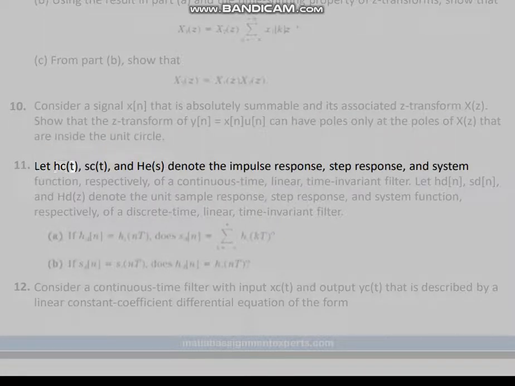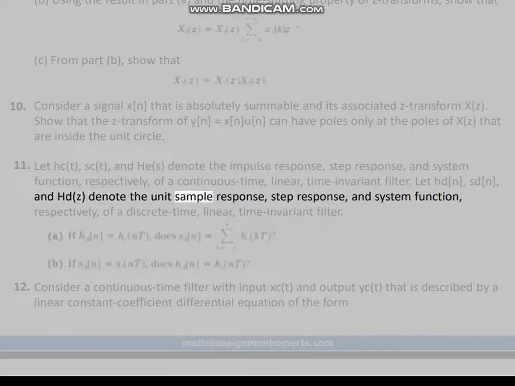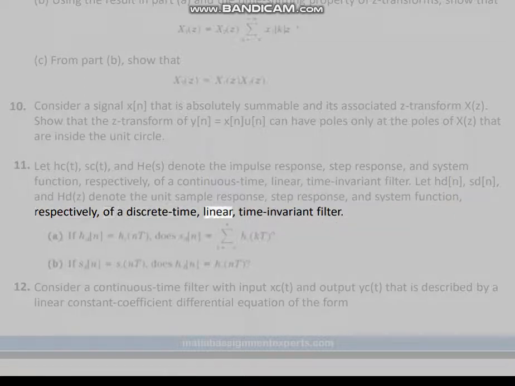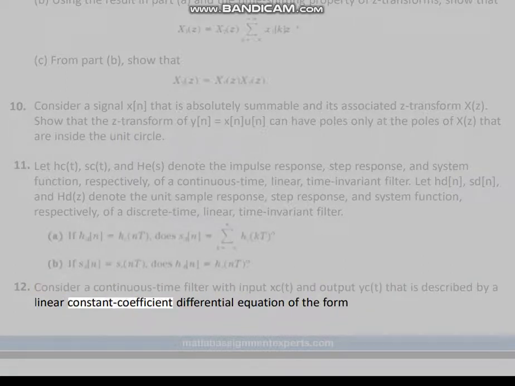Let h_c(t), s_c(t), and H(s) denote the impulse response, step response, and system function, respectively, of a continuous-time, linear, time-invariant filter. Let h_d[n], s_d[n], and H_d(z) denote the unit sample response, step response, and system function, respectively, of a discrete-time, linear, time-invariant filter. Consider a continuous-time filter with input x_c(t) and output y_c(t) that is described by a linear constant-coefficient differential equation of the form